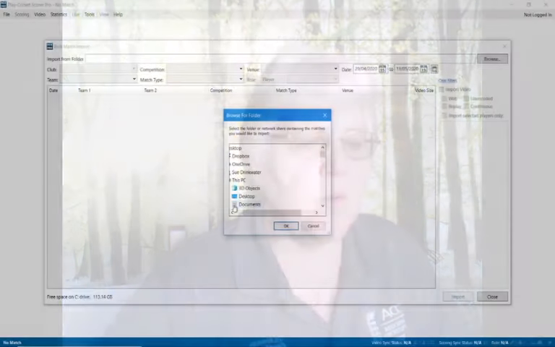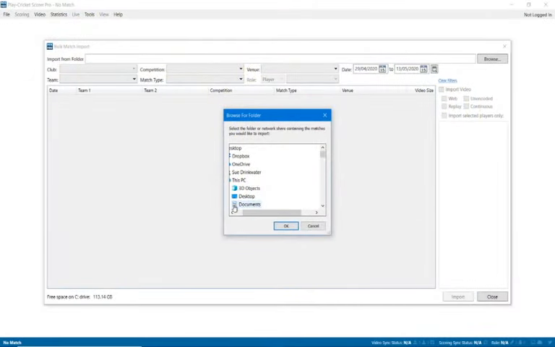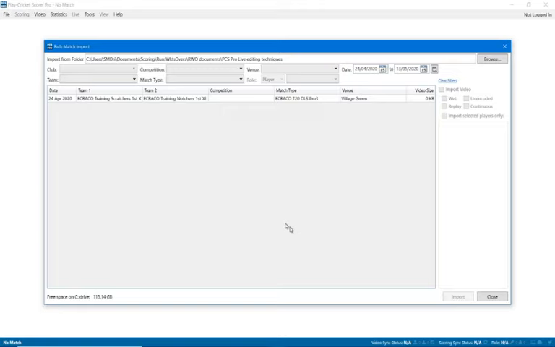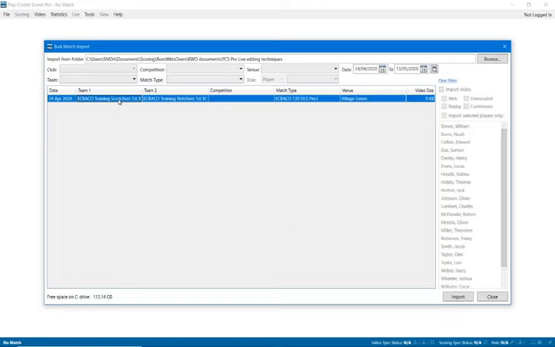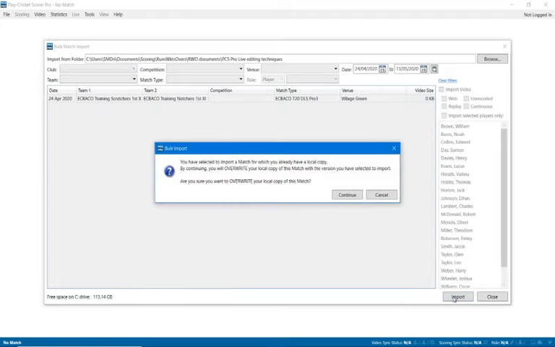And when you do browse, you then in the window in the center need to browse to where you saved the file, the .cri file that we had as a link that you could download from Dropbox. So wherever you saved that, navigate in this browse for folder window to that location. I've already set mine to the correct location, hopefully, and then click on OK, and that game should appear in the main window. I'm going to click on the game to select it, click on import at the bottom, and